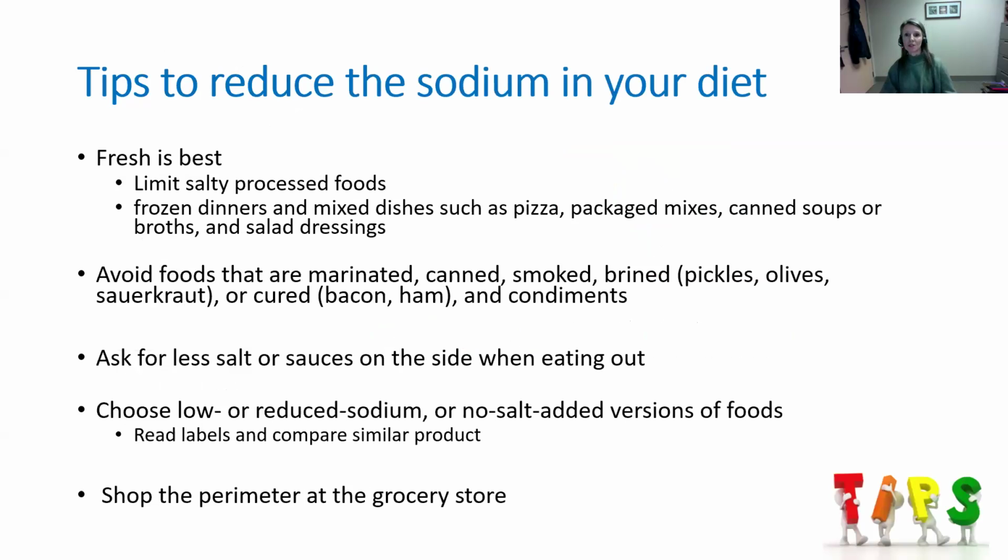So the tips to reduce the sodium in your diet are to look at fresh foods first, and limit the salty processed foods and their frozen dinners and mixed dishes such as pizza or canned soups and broths. Avoid foods that are marinated, canned, smoked, cured, and some of your condiments as well. If you're eating out, ask for the sauce on the side and ask for less sodium to be put on the food. And when you're grocery shopping,